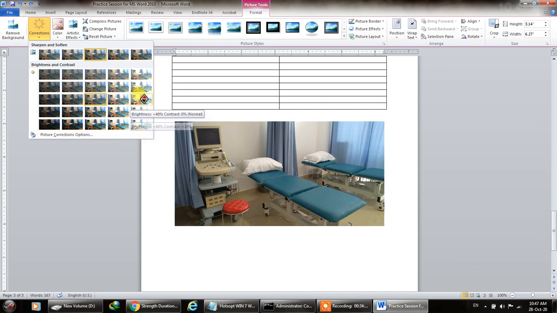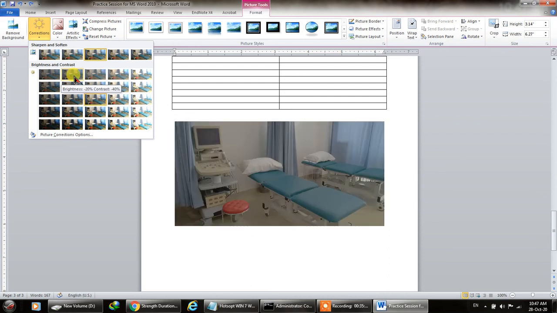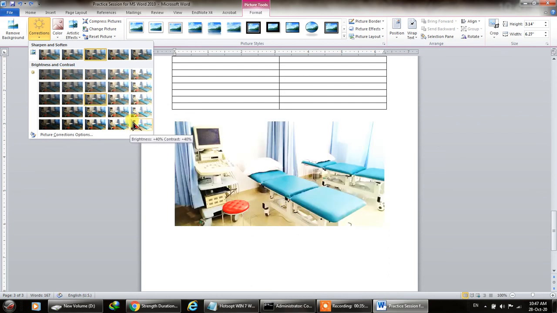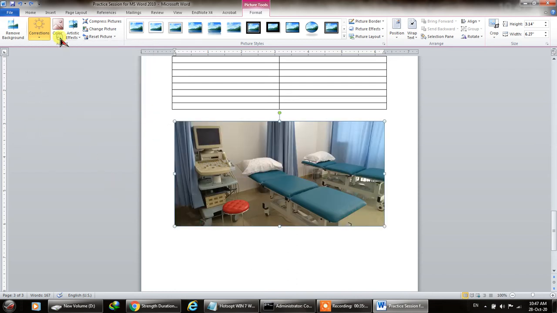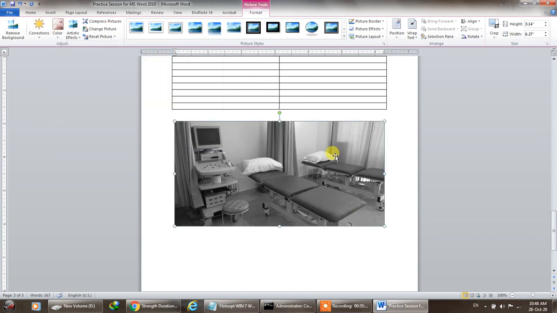You might not appreciate what's happening over here, but look at the picture now, and now. So you can correct it, you can change the color, for example like this or like this. It will take some time depending upon how large the picture is. I've taken a 2 to 3 MB picture or maybe 4 MB picture. So now it has turned it into black and white. Even if you want to revert it,